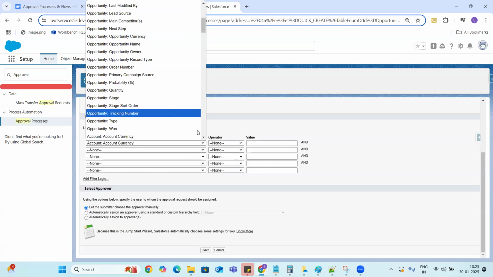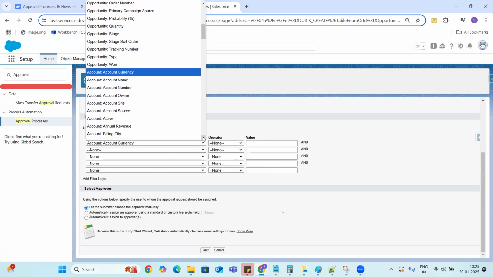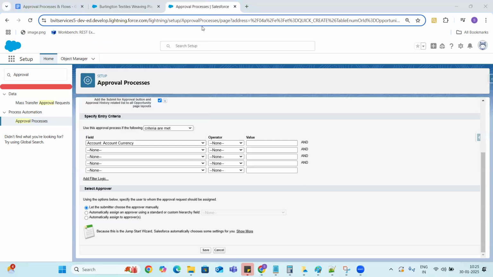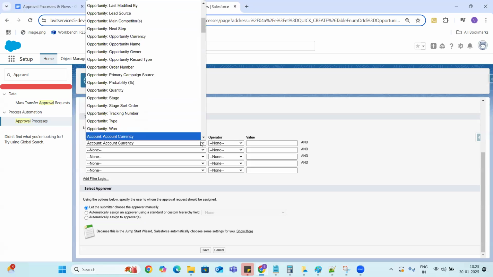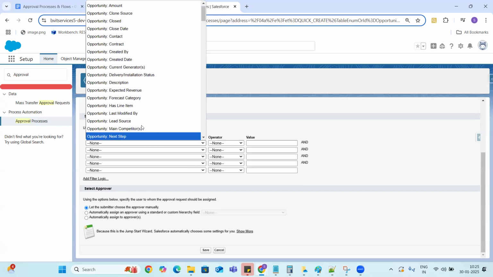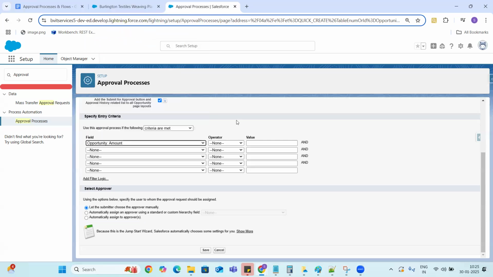I'm trying to check opportunity amount greater than 5,000. In that case, I would like to submit for approval.